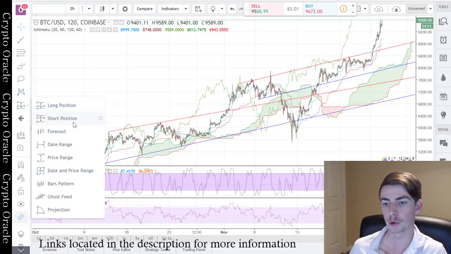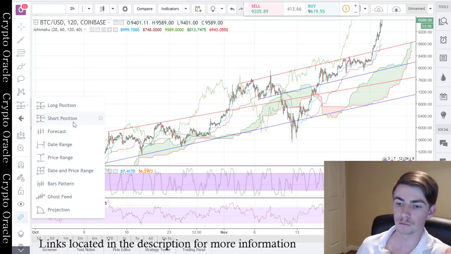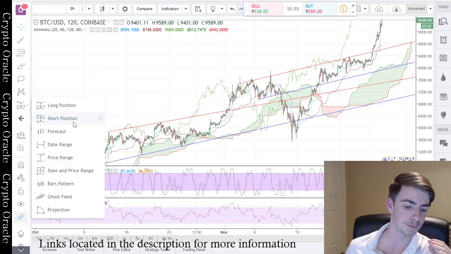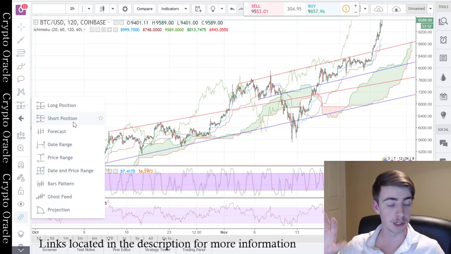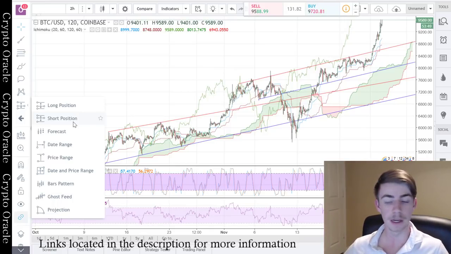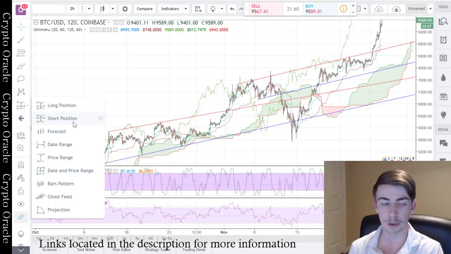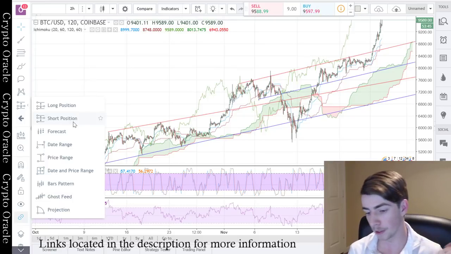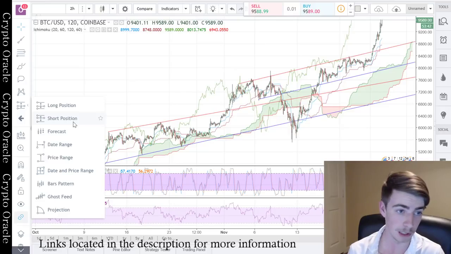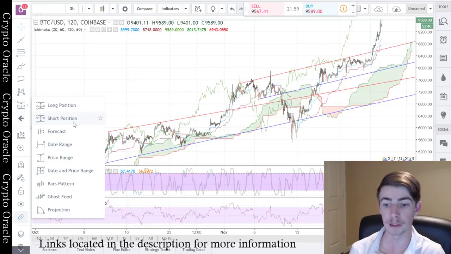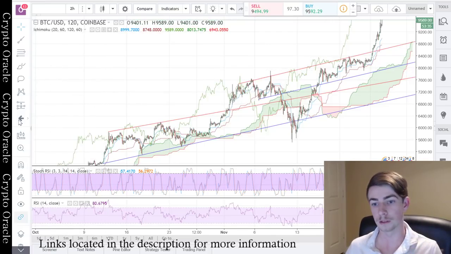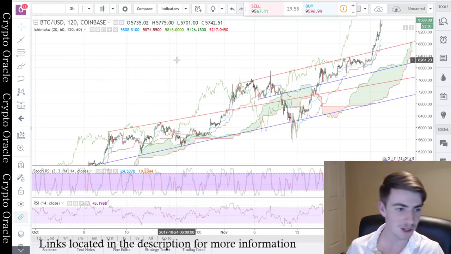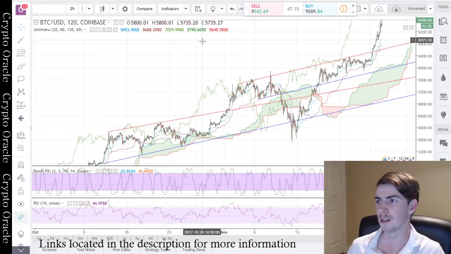From there, you have long and short positions and forecasts. Also great if you're a visual learner, or if you have a second or third screen where you just want to have it up and say, hey, I'm putting a long position on Bitcoin. I bought it here and I'm looking to sell here. You can draw that out, do everything so that you know, hey, we're already halfway there. Set the goal. There you go. This is just a bunch of symbols. Without getting too much into it, because I'm getting a little detailed,